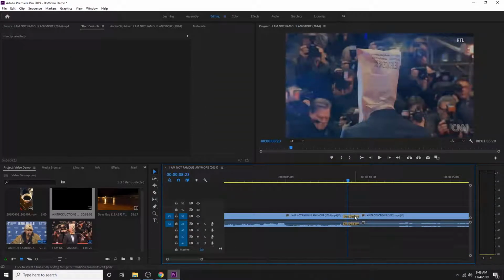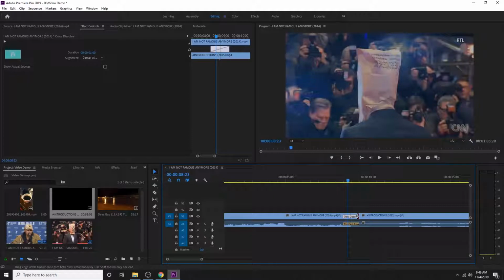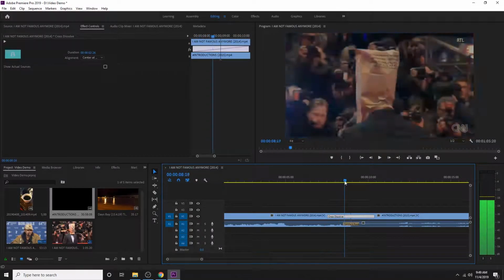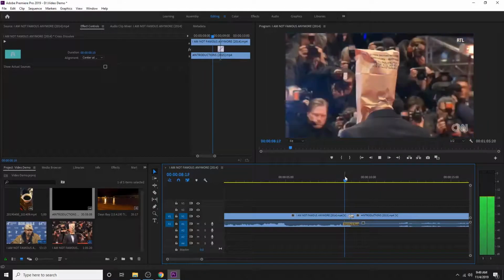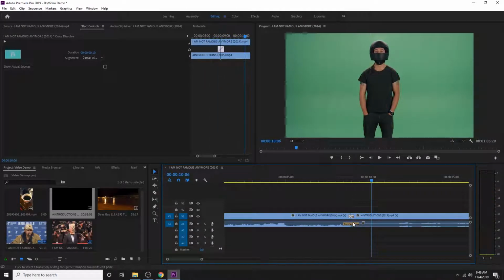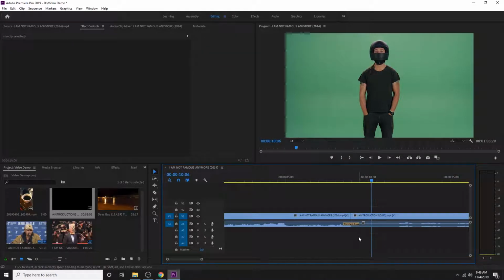I can do the same thing with my transitions. So if I want this dissolve to go over a longer period of time, I can just click and drag out, and now it's a pretty long transition from one to the other. Or again, I can make it shorter if I wanted to, so it's a quick, snappy transition as well. I'm going to delete this transition for now, and we're going to try some of the